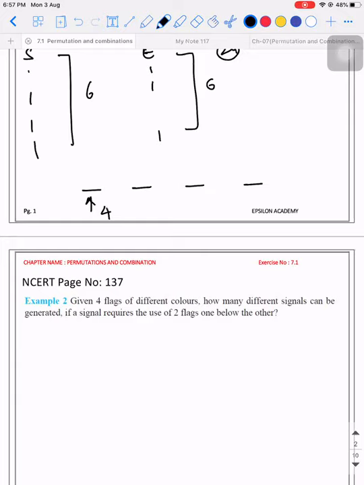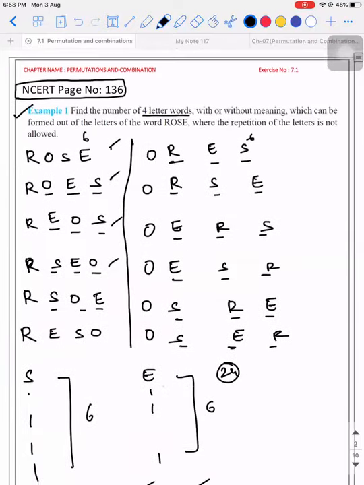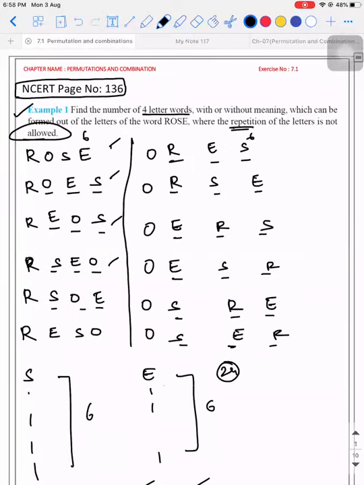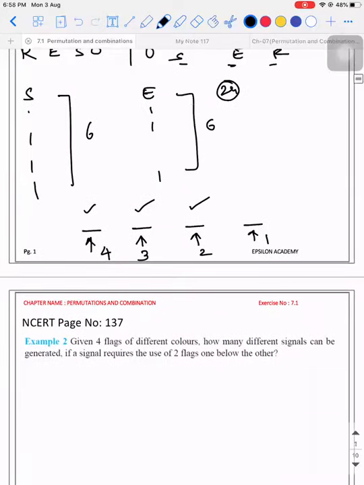So out of the 4, if you have substituted 1, then how many possibilities does the second blank space have? 3. So out of the 4, you have used 1 here and 1 here. How many are left out in your hand? 2. So out of the 4, you have used 3, and the last one will be left with 1. Because you are not allowed to repeat.